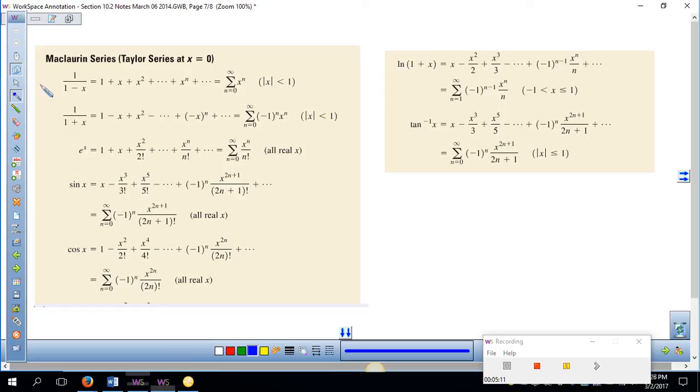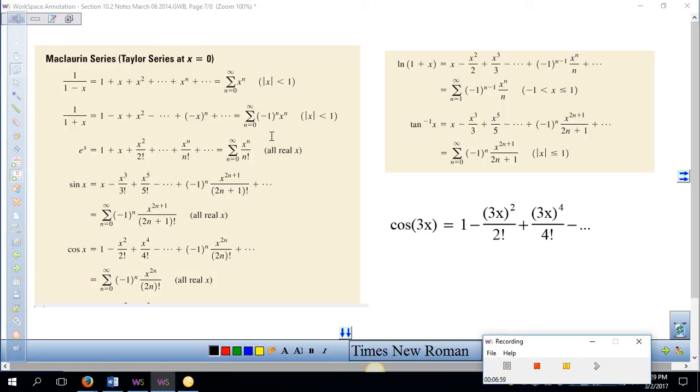All right, now we have the 7 Maclaurin series that you're going to need to know, and you should write them down. You should find your way to memorize them. I will expect you to know them for any quiz or test or your final or the AP test from here on out. So you'll need to practice those. Part of the homework in 10.2, they have you come up with different functions based on using these as your starting point. So for example,